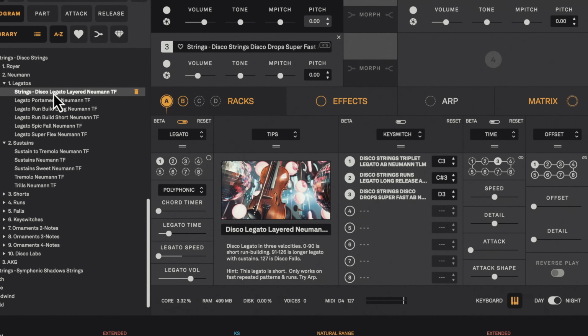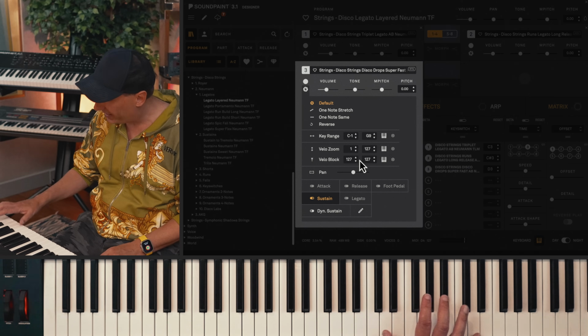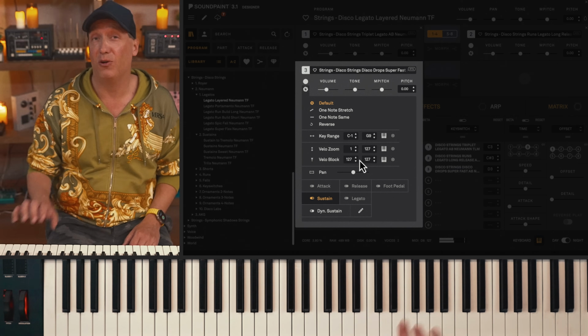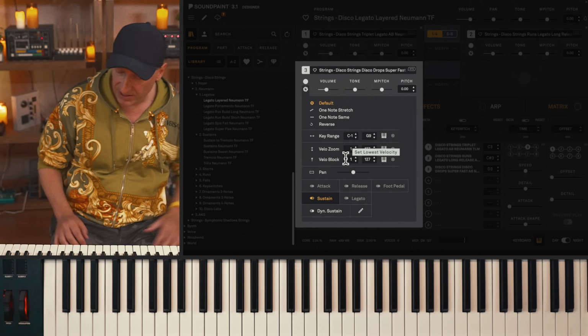And if you ever want to create your own legato patches and do the layered legato we're doing here, let's say that you want those sort of disco falls to happen when you hit the keys really hard. You go into our sound mode here and layer the different legatos. If you look in here, we'll notice here that the velocity block for the disco fall is 127 to 127. That means that I really have to hit the keys at the very hardest in order to trigger the disco fall. But if I set it down to 1 here, it's going to happen on every single thing I play.